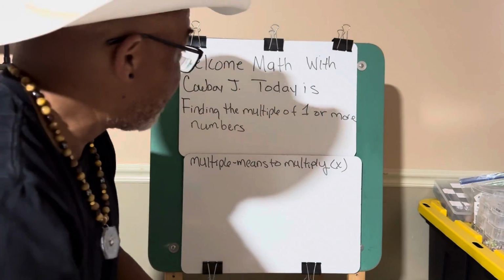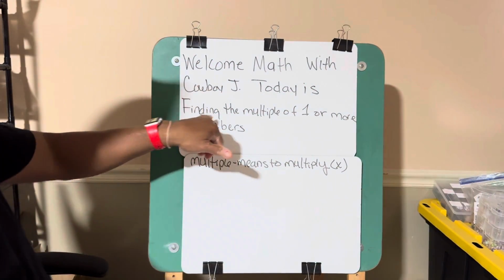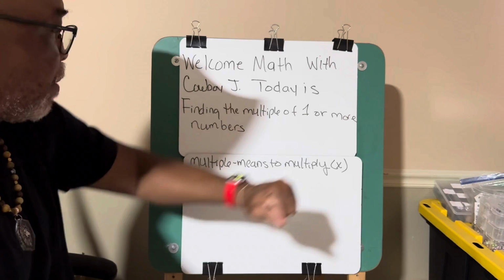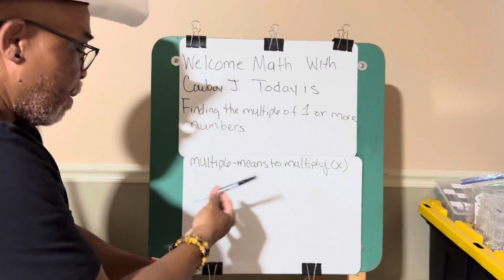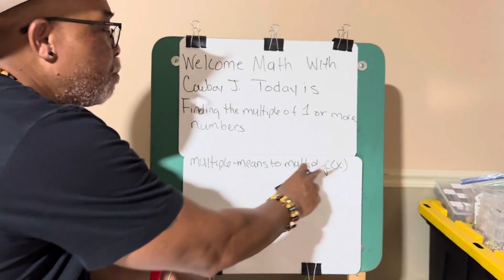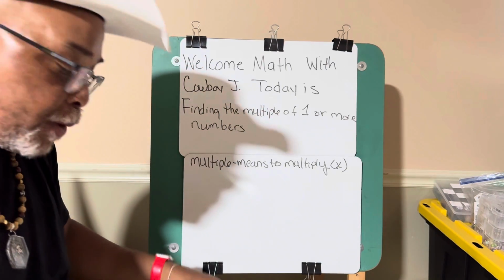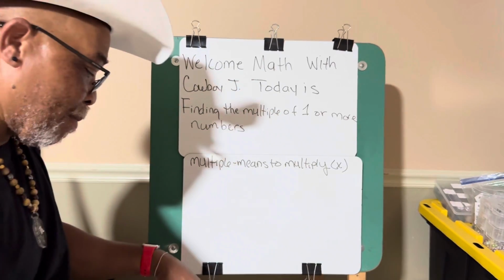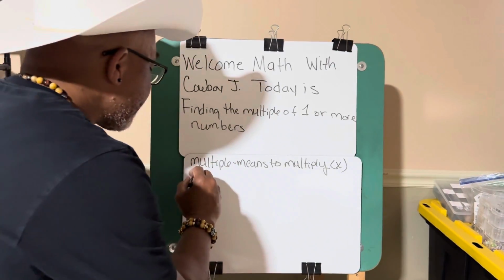Let's get into it. Today is finding the multiples of one or more numbers. Multiples. Multiple means to multiply. So when they ask you to find the multiples of a number, it means to multiply. So for example,